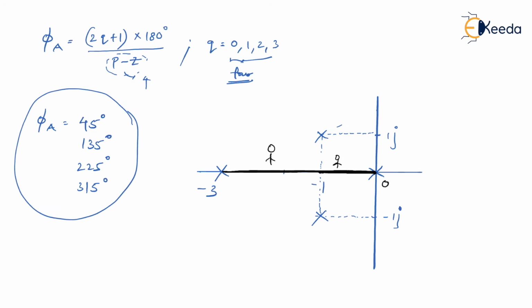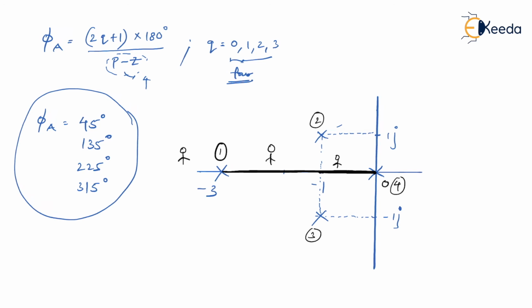Now what is after -3? Do you think the root locus will be present after -3? Being an observer, if you count the number of poles over here, this is the first pole, the second pole, the third pole, and the fourth pole. Since they are even in number, definitely there would be no root locus area beyond -3 to -infinity. I hope you understood that. So here the root locus area on the negative real axis is only and only between 0 and -3.